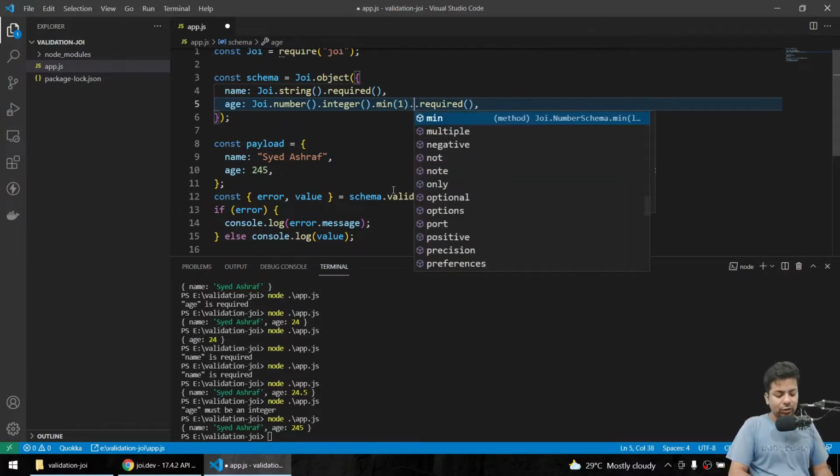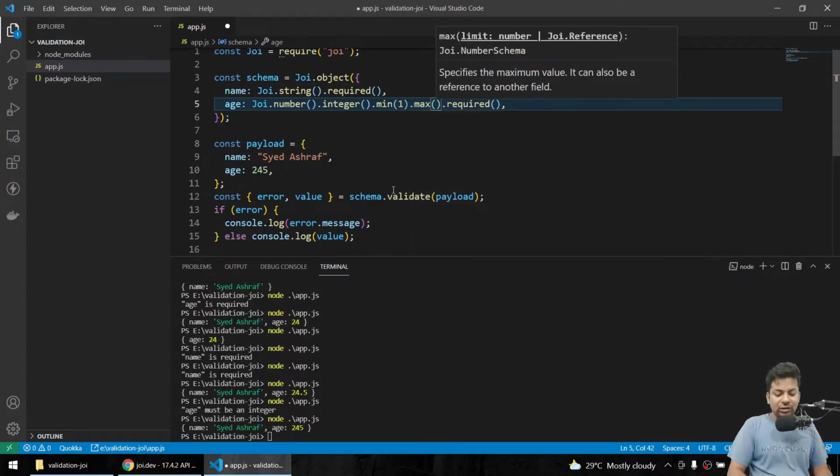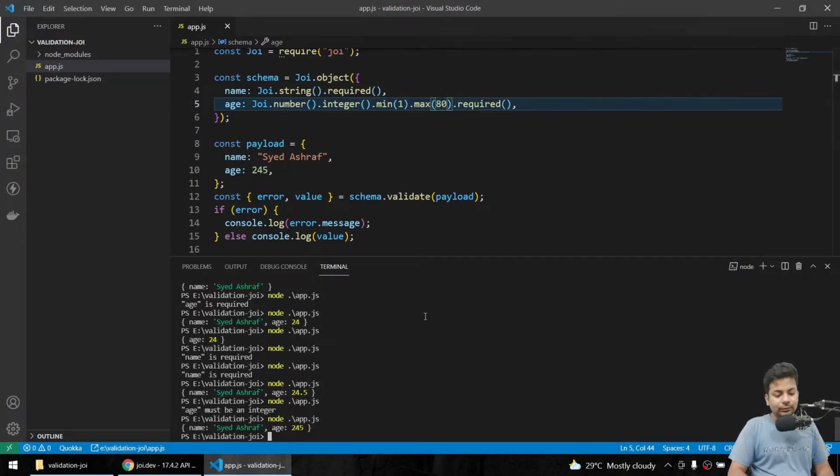And after that I say dot max. Max is 80. People who are more than 80, we won't accept them in our database, or you can say application. Send. You can see age must be less than or equal to 80.